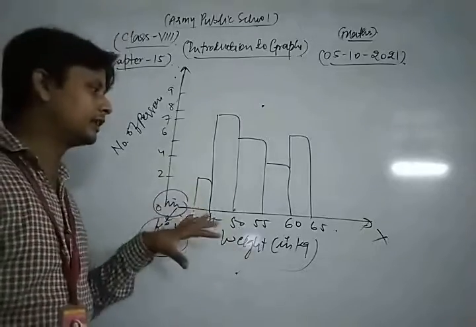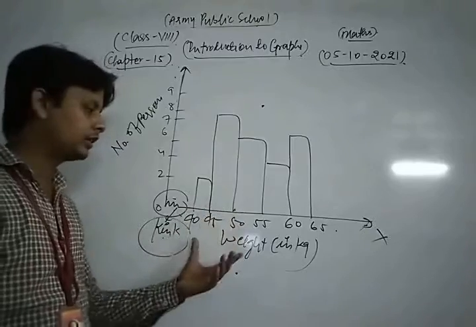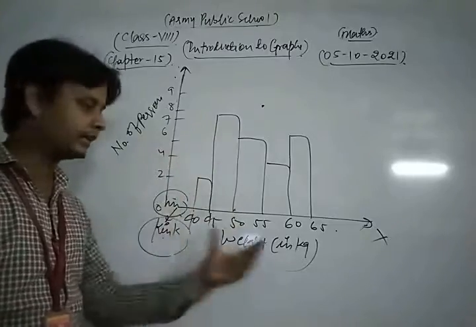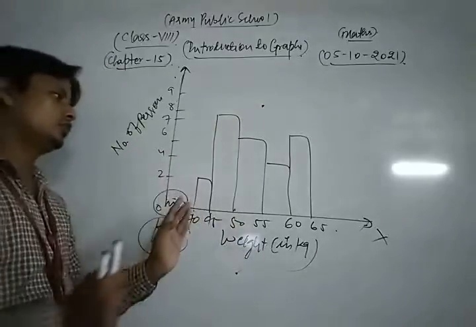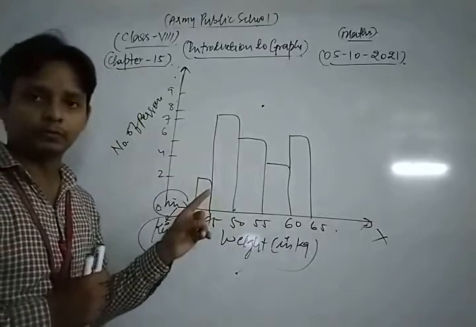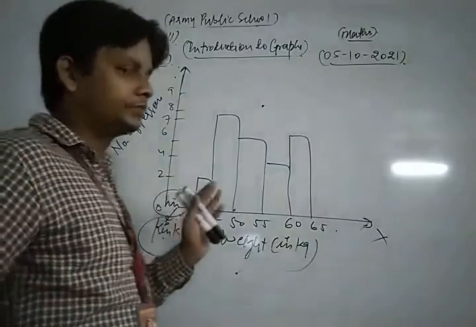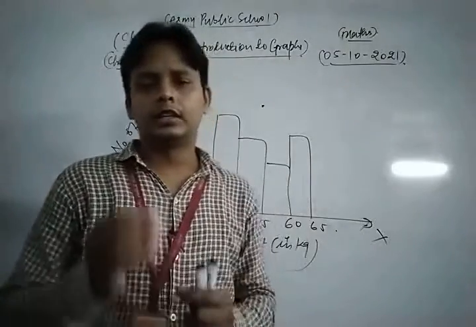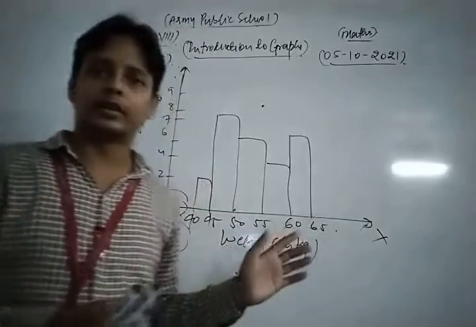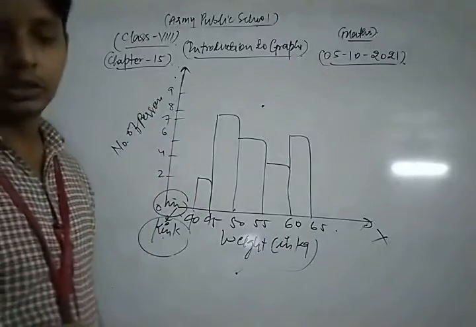So this histogram represents the data in visual form. Here the data is the weight of the persons. We have a group of persons and their weights. So in this way there are no gaps between two successive bars in a histogram. This is the concept of histogram. Now in this way you can draw any numerical data in visual form, in the form of a bar graph and also in the form of histograms. Now you also note the pie chart.